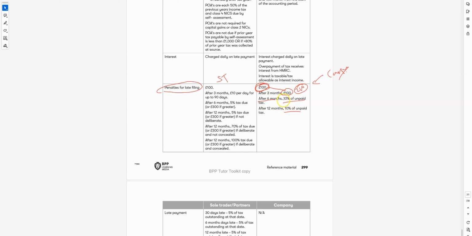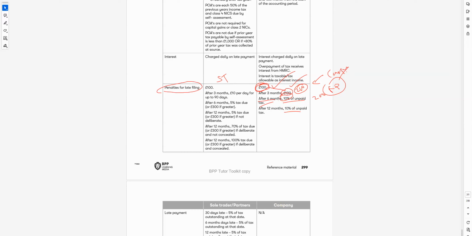That means more than 6 months, but less than 12 months. So we'll say we need to pay for 1 day late 100. For 3 months late you pay another 100. So 200 you have to pay fixed penalty. And as you are late, you need to still pay 10% of the unpaid tax because you are late more than 6 months. So let's go back